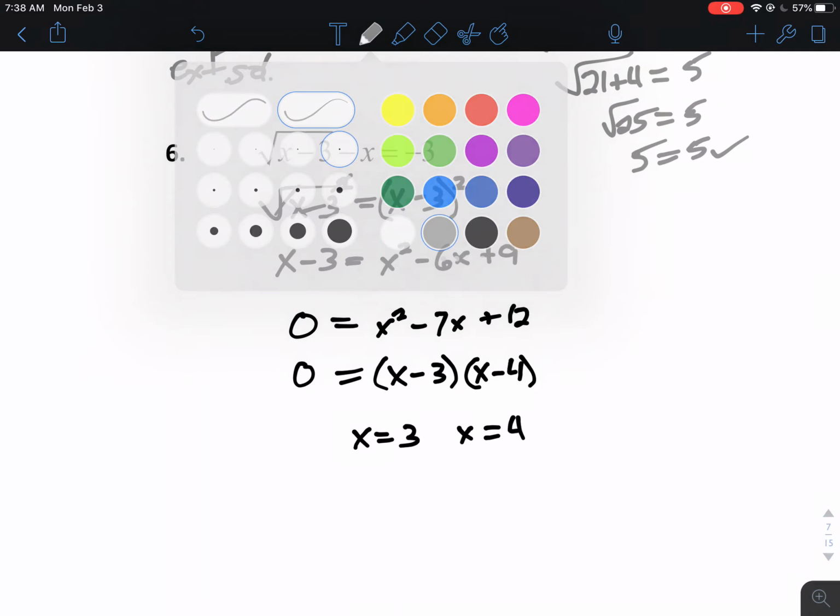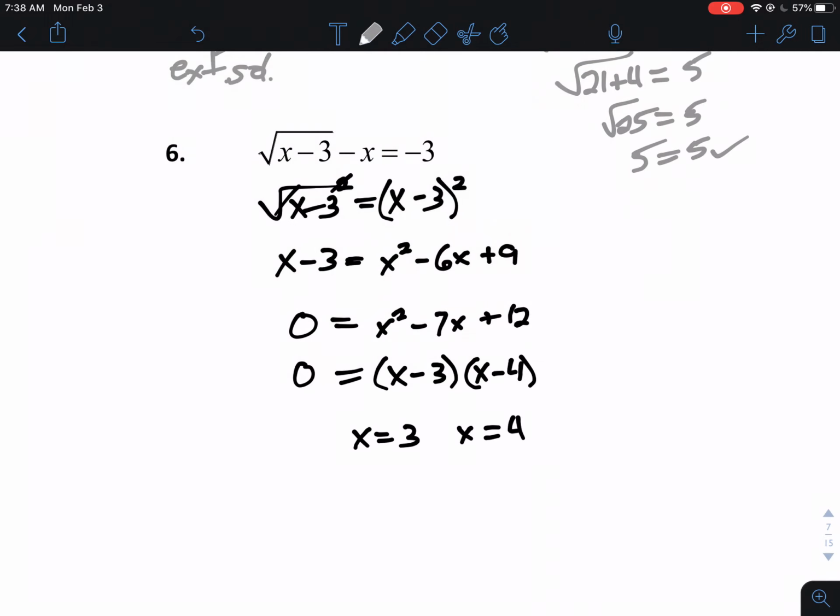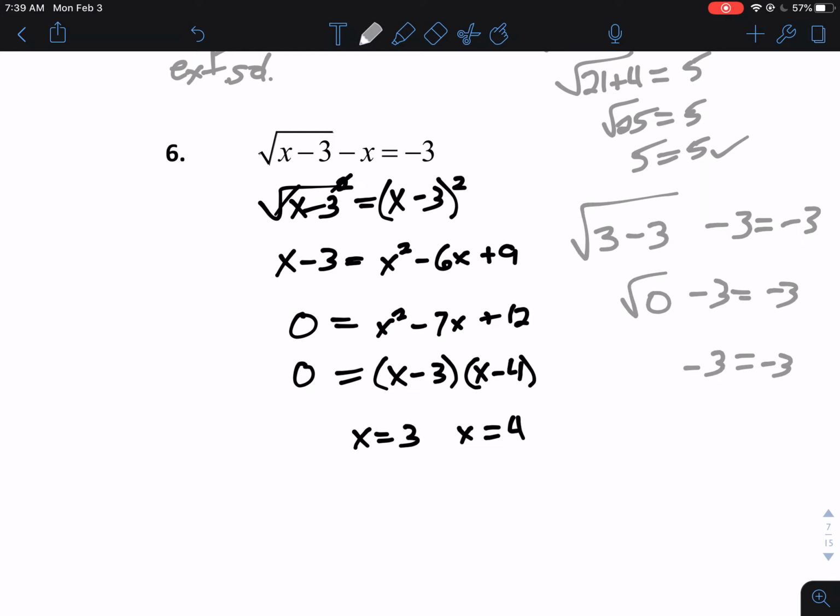Alright, let's check and see if they both work. So starting with the 3, we'll take square root of 3 minus 3 equals negative 3. So 3 minus 3 is 0. Square root of 0 is 0. And negative 3 does in fact equal